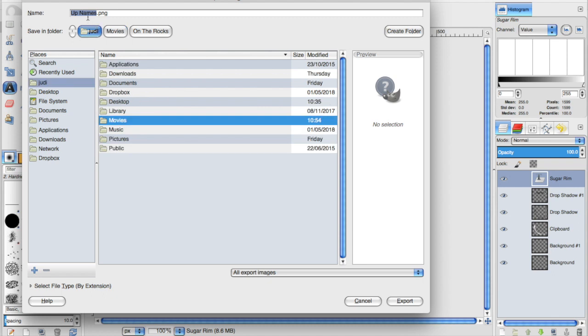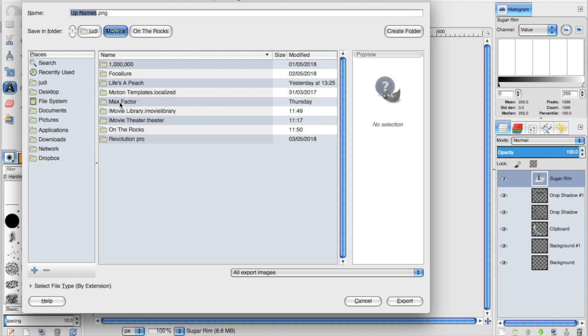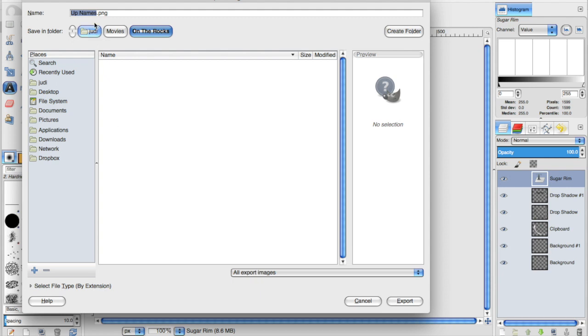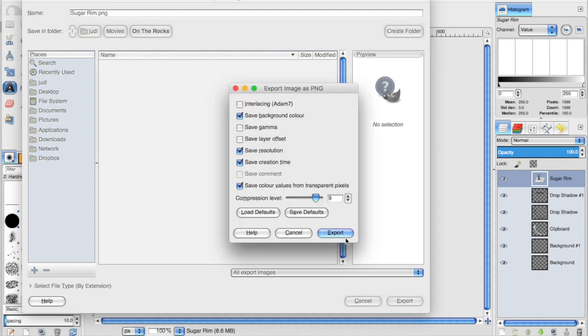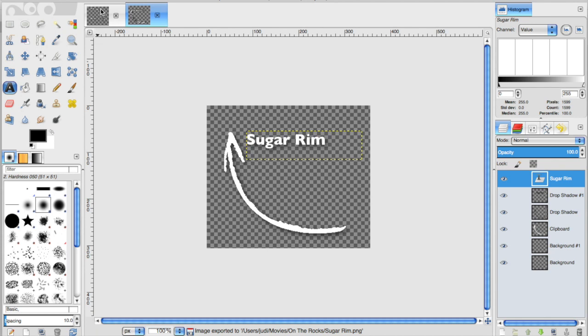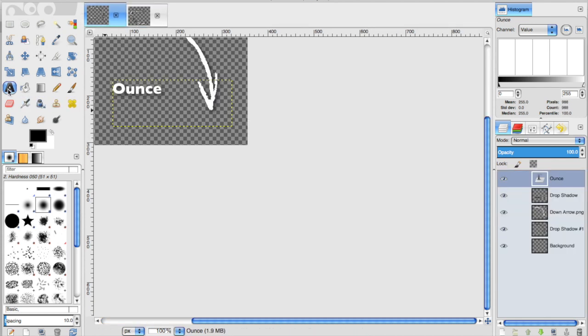Sorry, just again arguing with GIMP. Export that one with the defaults. Switch over to the down arrow. Next name.